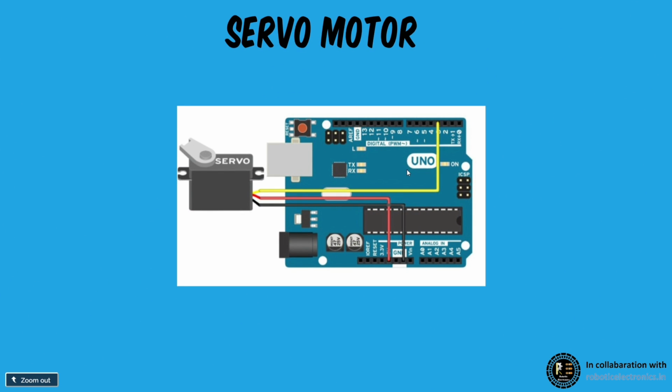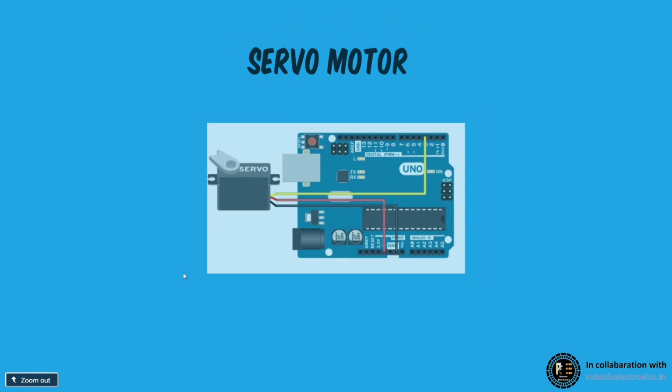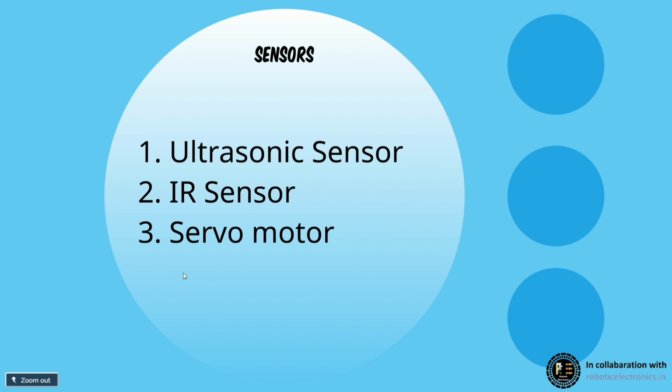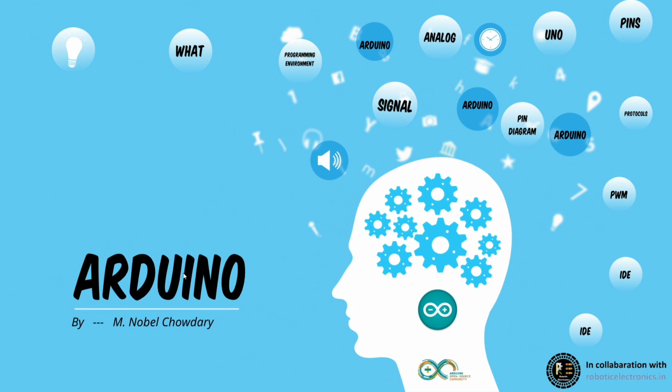These are the two sensors, and we move on to one of the actuators: the servo motor. This is the servo motor. It contains 3 pins: VCC, ground, and 1 pin to a digital pin. The servo motor works based upon the signal that is given to this data line. The servo motor functions based upon the inputs given to the microcontroller and according to the program. This completes the sensors that are to be discussed.